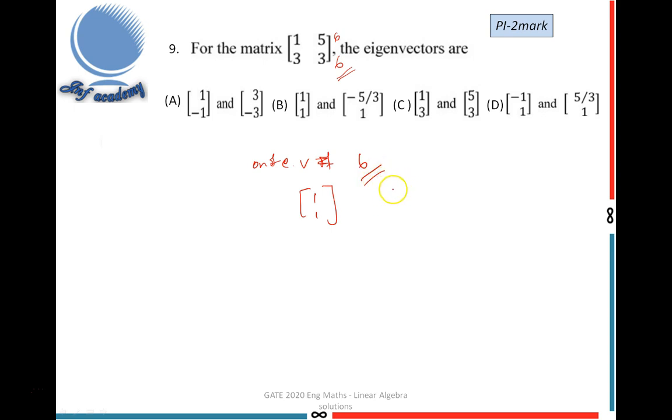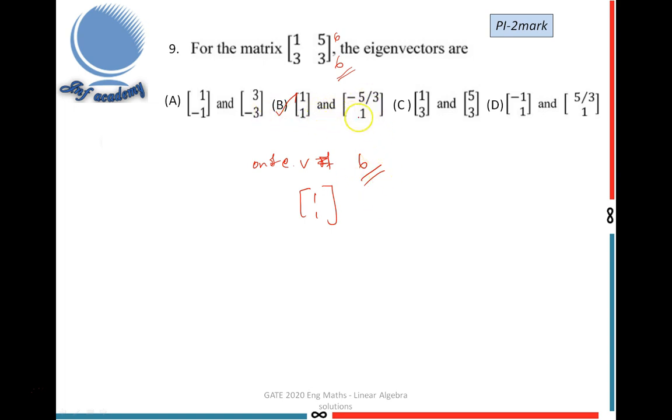This is the property. By using that property, we can immediately say this is the correct answer, because this option has the eigenvector 1, comma 1. So here I use one property: the sum of the entries of every row of a matrix A is the same number, that is 6. So 6 is one of the eigenvalues and 1, 1 is an eigenvector of the given matrix corresponding to the eigenvalue 6. So option B is the correct answer.